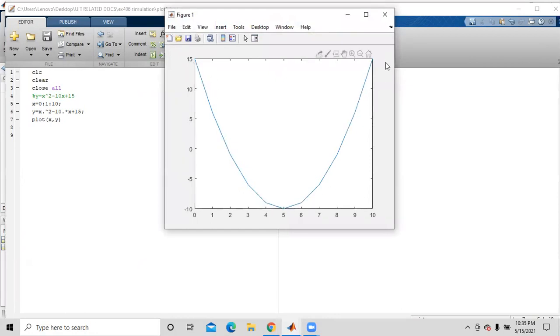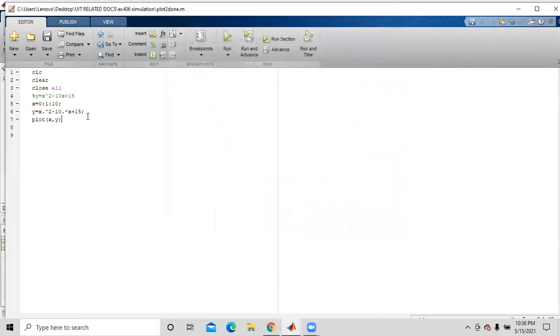This is the polynomial's graph. Now if we want to give the x label for this plot, or the y label, or for instance a title, and we want the grid to be on, so that if we need to measure the value at a point, it is easier to get it with the help of the grid. So we can turn the grid on and get a clearer view. We will do it right now.